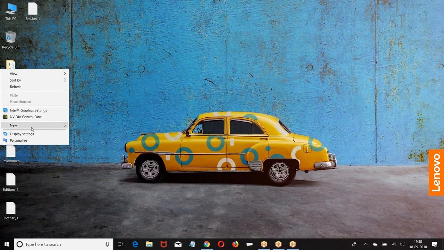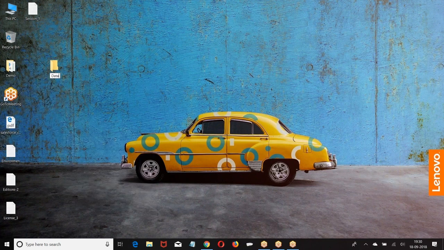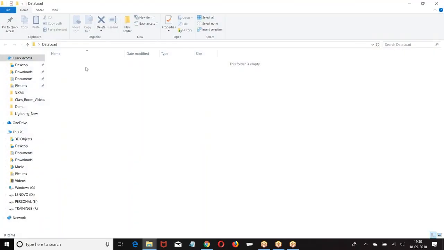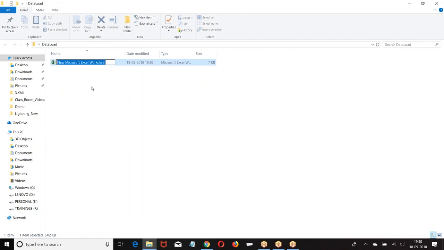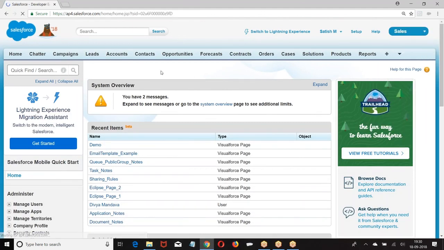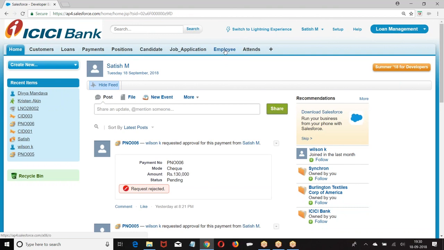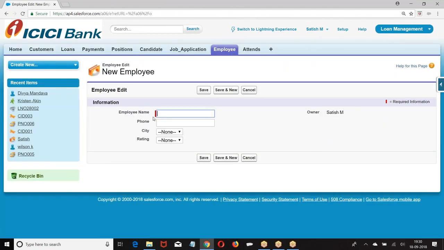I have an Excel file I am creating. What are the objects I have? Let me go with this: Employees. Name, phone, city, rating.